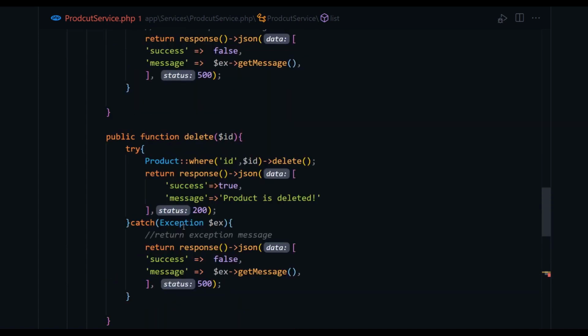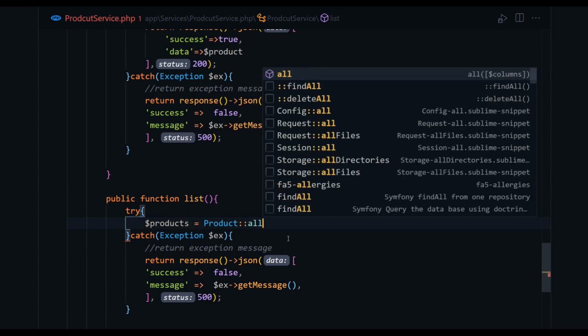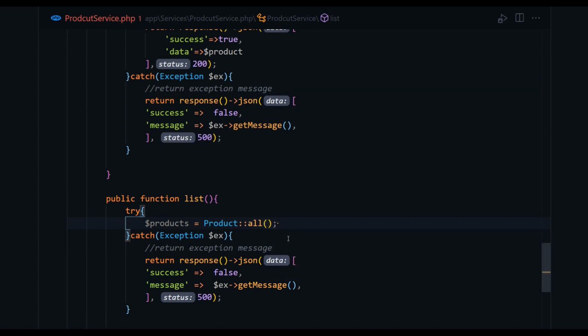If they don't specify that information, then we can directly delete from the table. And here, let's say we don't need any where, we can get it all. Okay, and also we can return this